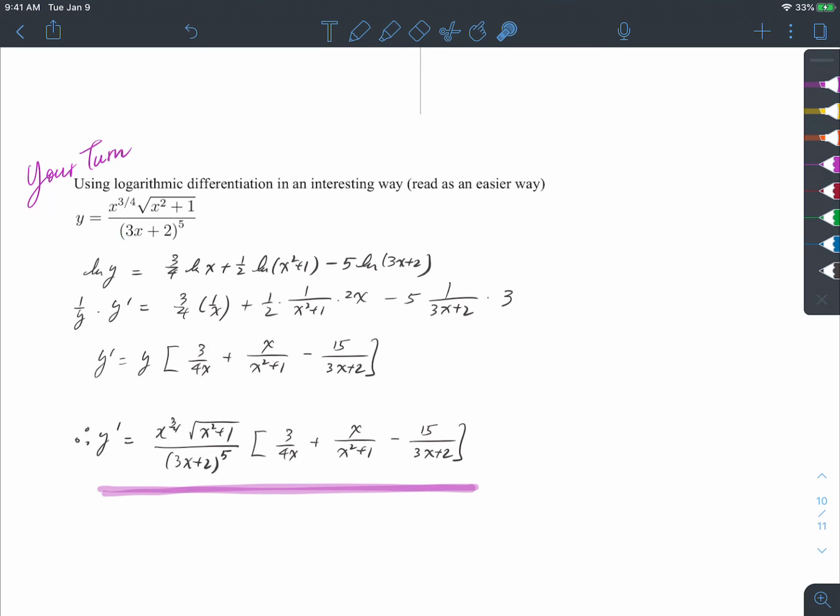Now that problem could have been a little bit more difficult by me putting something other than 3x plus 2. However, if you ln both sides, bingo, boom. That was it. Because it'll be that minus that, and all I did in each one is pull out the exponents. Exponent of that is the power half, right? And then we did the derivative of that, which is 1 over x, and the derivative of that is 1 over x squared plus 1 times the derivative of that, which is that. That'll be 1 over 3x plus 2 times the derivative of that, which is 3. And the rest was just me collecting stuff together. And that was it,